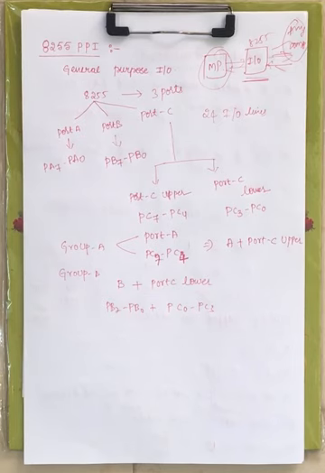Now this general purpose IO will act as an interface between your microprocessor and other peripheral devices connected to it. 8255 has 3 ports: port A, port B and port C. All these ports contain 8 IO lines, nothing but 8-bit ports. All IO lines are bidirectional. We have 3 ports of 8 bits, a total of 24 bidirectional IO lines.